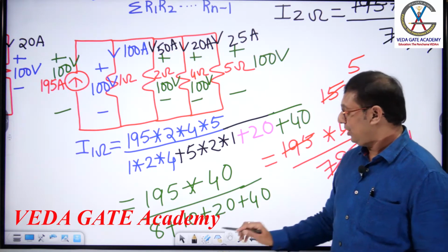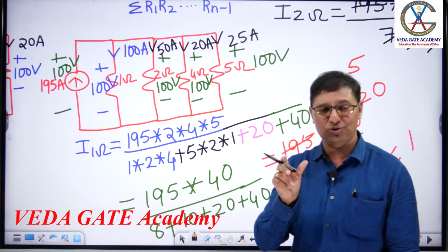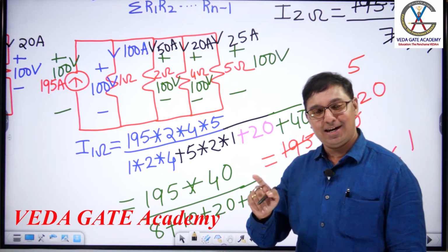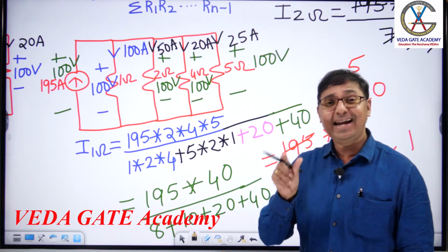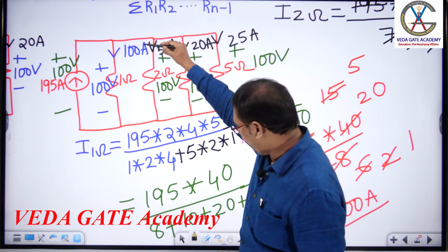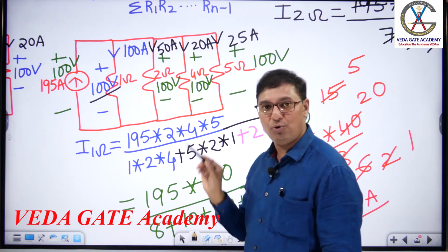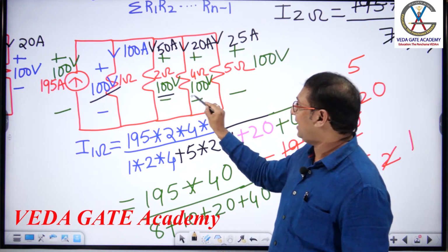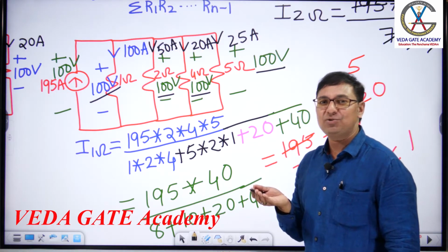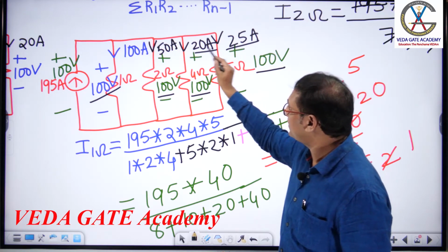Hope it is visible to you. Tell me, how have you done this problem? If you ask me to give it in the form of a note: find any one branch current by using current division. Get that branch voltage by using Ohm's law. Get other branch voltages by using KVL. Once you have the branch voltages, find the remaining branch currents by using Ohm's law.